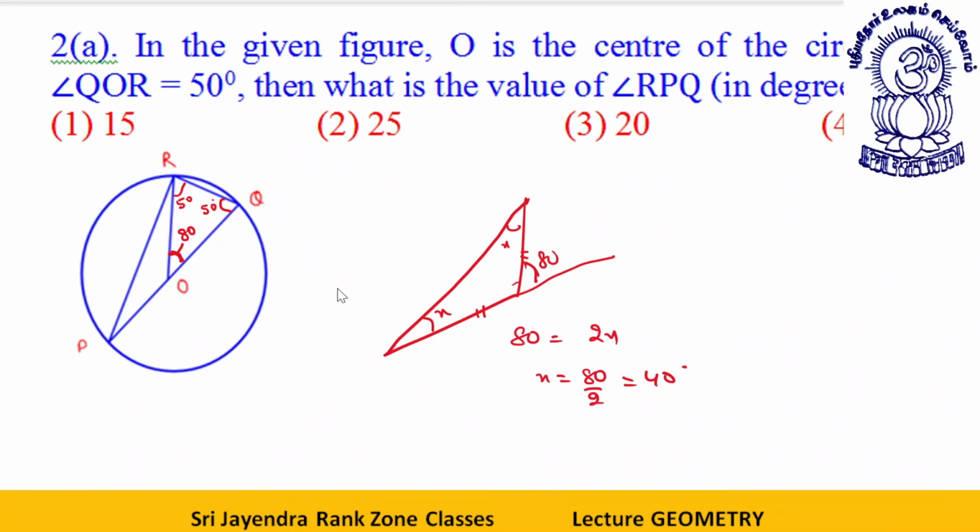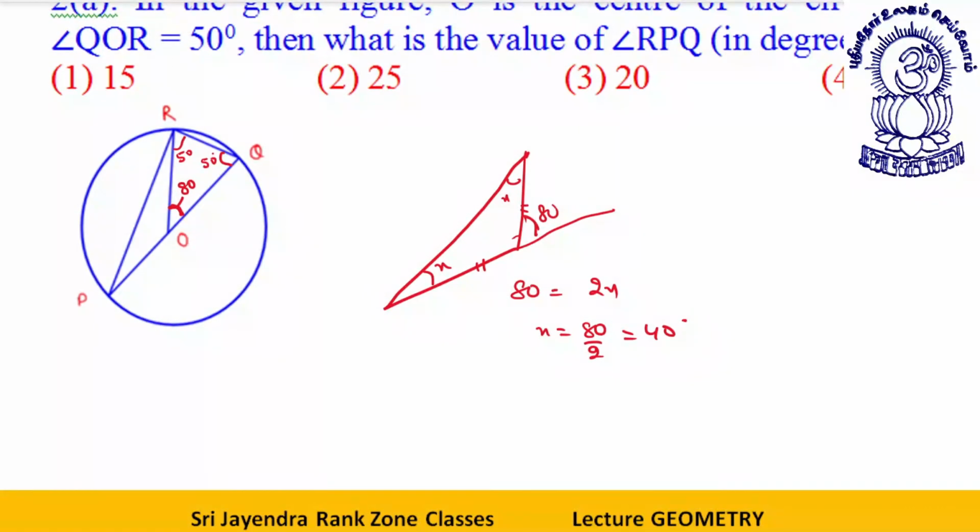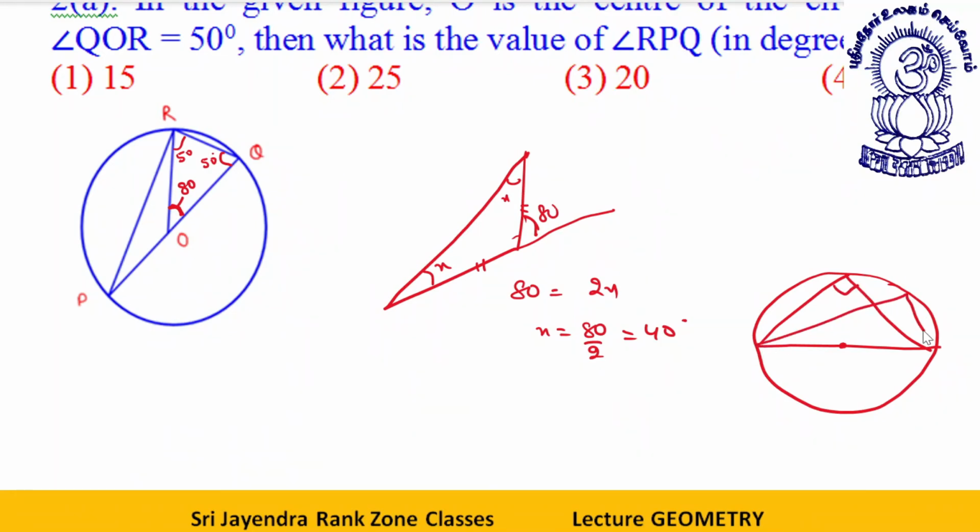The other way is far better, far easier. Look, we just need to keep in mind one small property. This is a circle, this is a diameter, center. What is diameter? Diameter is something which passes through the center of the circle. So this is a diameter. Whatever angle this diameter subtends on the circumference will always be 90. Anywhere on the circumference, this will subtend an angle of 90 degree.